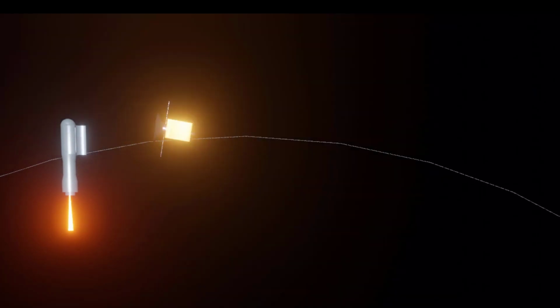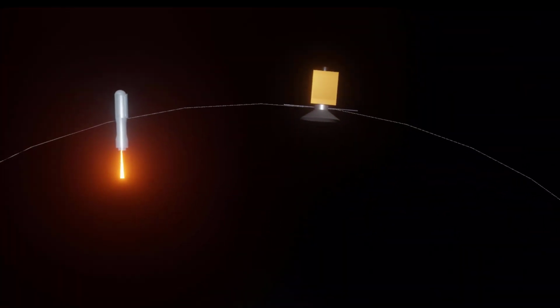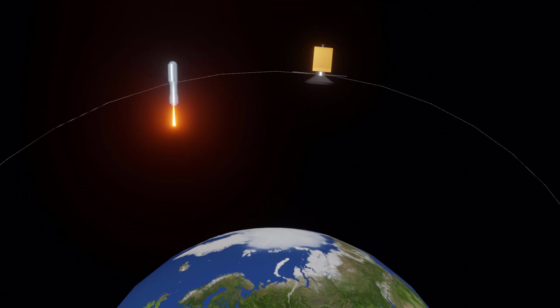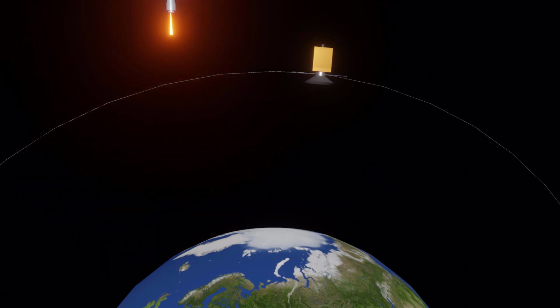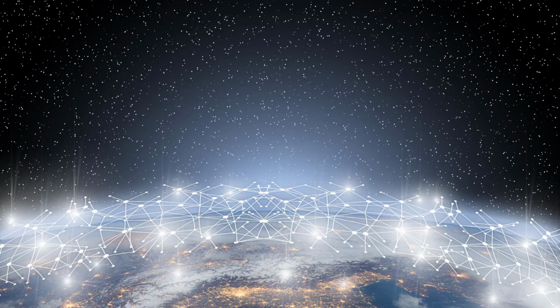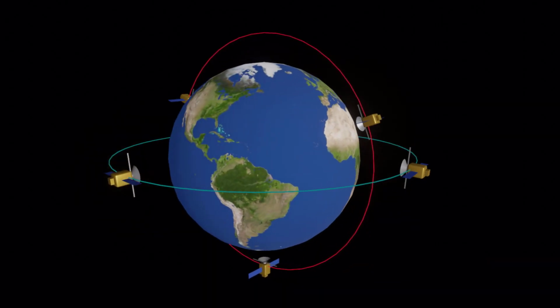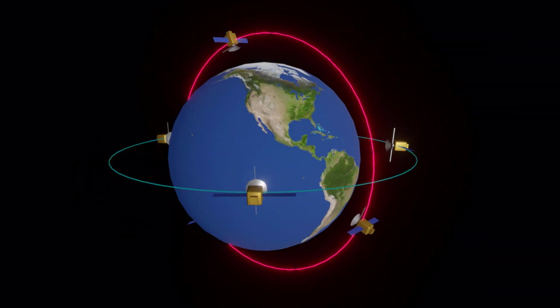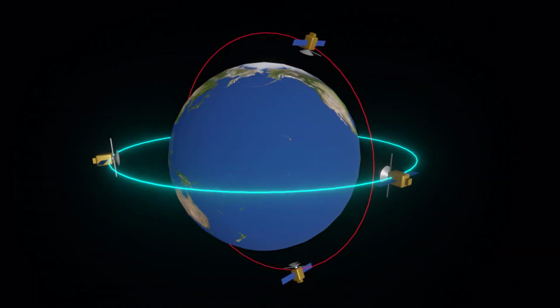Satellites are launched into orbit using rocket launches. The rocket must reach a certain altitude and velocity in order to place the satellite into orbit. The satellite must also be placed into the correct orbit, which depends on its intended use. For example, a weather satellite needs to be in a polar orbit, while a communication satellite needs to be in